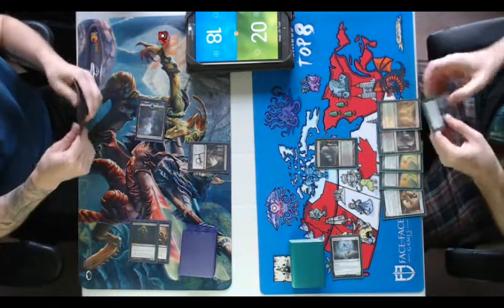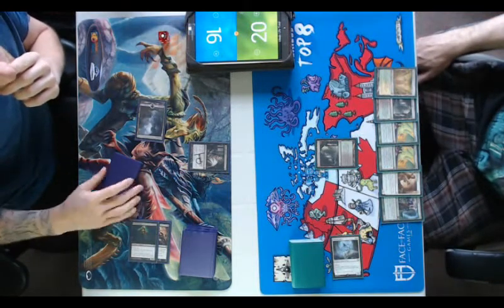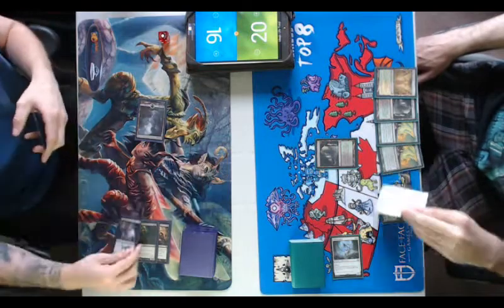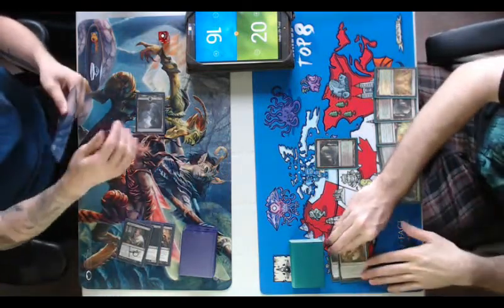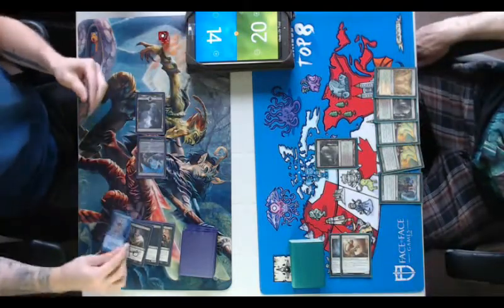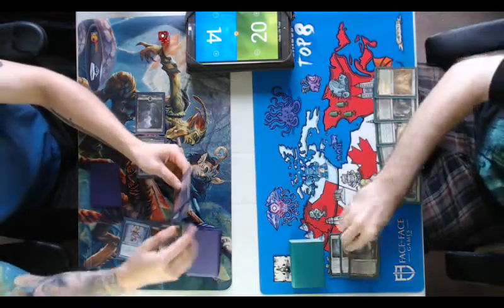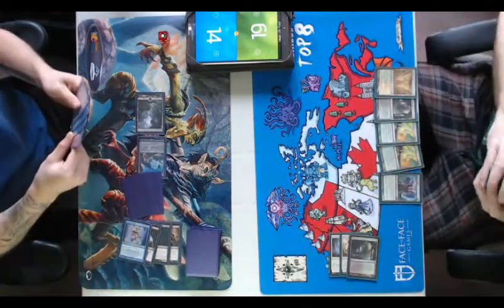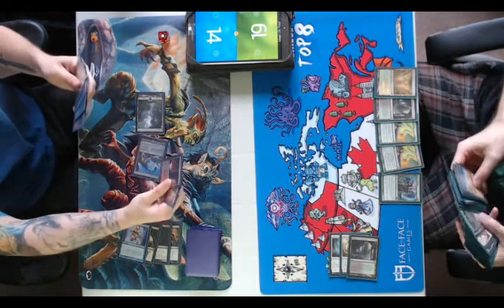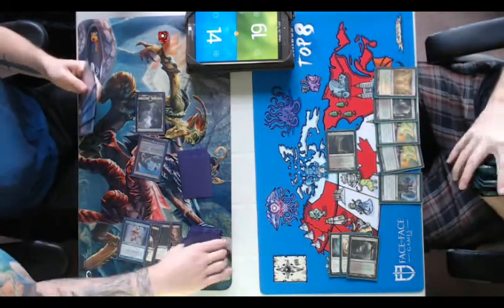Okay, I drew a Fauna Shaman. Fauna Shaman is pretty good, but I think we're gonna take the Vizier. Then we're gonna shock in a Steam Vents and play a Serum Visions. You got it. While you're doing that, I am going to fetch a land of my own. I think we have to bottom these. Kind of want one of them, but